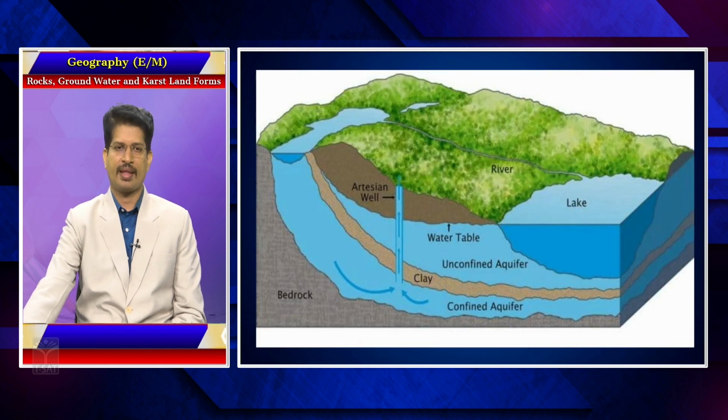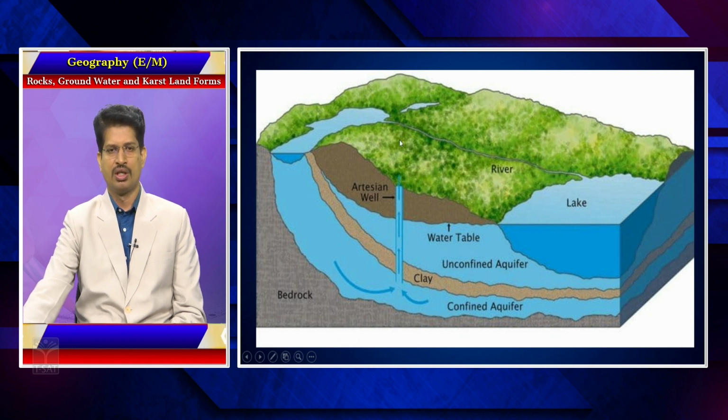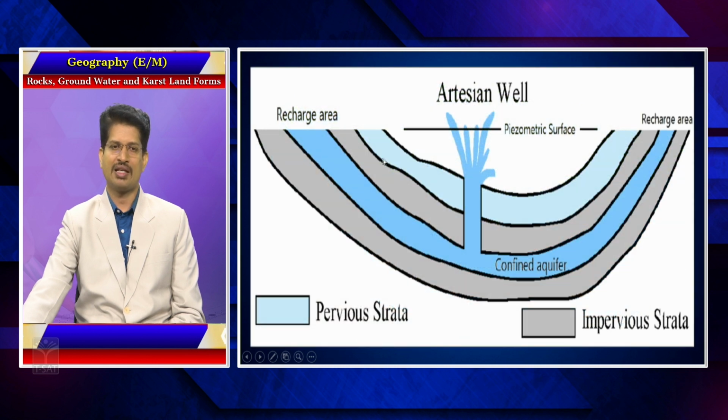This is a recharge place when it precipitates, because of the percolation. This is how the water tables are recharged from a catchment region. For example, this region, which is responsible for collecting the precipitated water to form a river system, is known as a catchment region. This is a classic diagram of an artesian well because of the recharge area on the